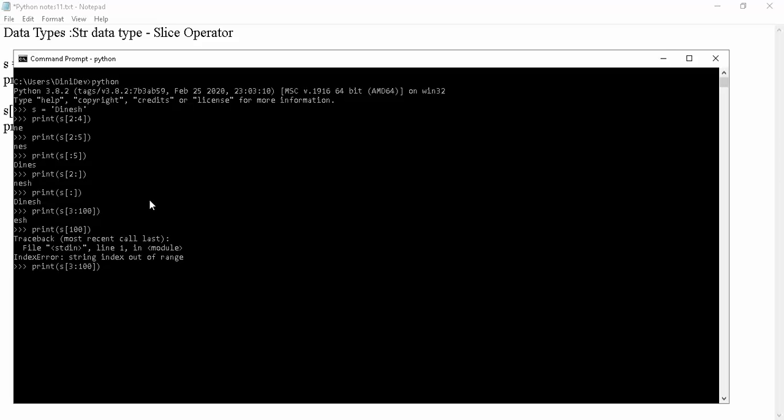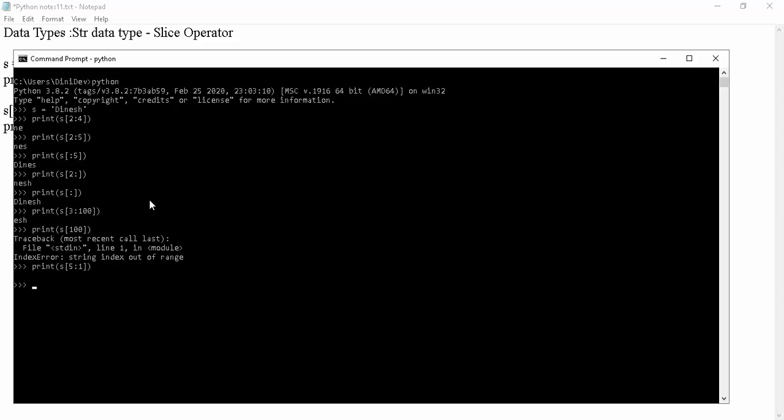If I use s of 5 colon 1, that means end to beginning. What will happen now? Make sure that here we always move in the forward direction. In the forward direction, after index 5, if we move forward, we will never go to index 1. So there is no slice, it will show empty. After 5 there is no slice, right? So it will show empty only.